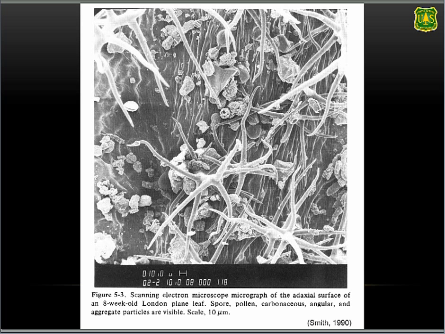But if you do get a dirty shirt, what do you tend to do if you want to get the particles off? You tend to shake it outside. Well, the same thing happens with leaves. With the wind moving, the leaves are constantly, especially in high wind events, being buffeted about. So many of these particles can be resuspended back to the atmosphere. So there's this constant process of particles moving to the surface and then particles being resuspended due to the wind. On the other side, if you have this jacket that's all dirty and you shook it outside, what do you want to do to get it clean? You wash the jacket. Rain is a good mechanism by which particles can be washed off these plant surfaces and then moved to the ground surface.